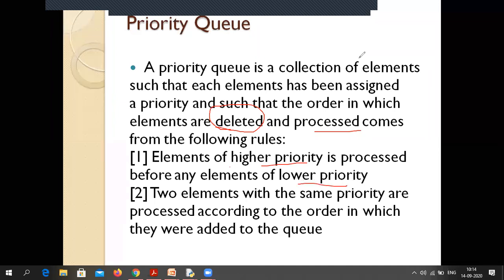Okay, suppose like I have told you, if P4 is having the higher priority than P3, it doesn't matter whether P4 was inserted before P3 or after P3. Since P4 is having the higher priority than P3, that would be deleted first of all. Is it okay? So an element of higher priority is being processed. Processed means you can say they are being deleted and then processed before any element of lower priority. Okay. Now suppose CPU is there waiting